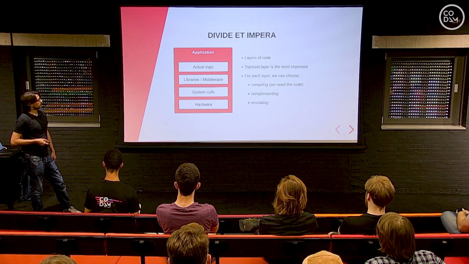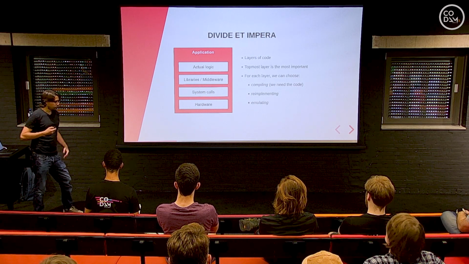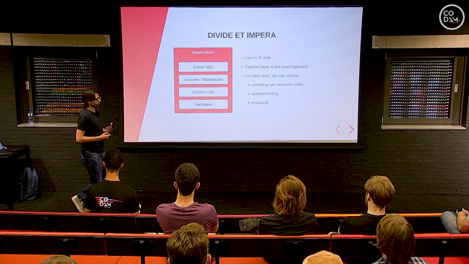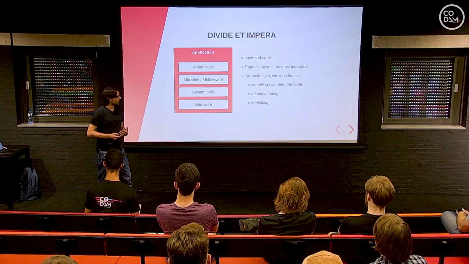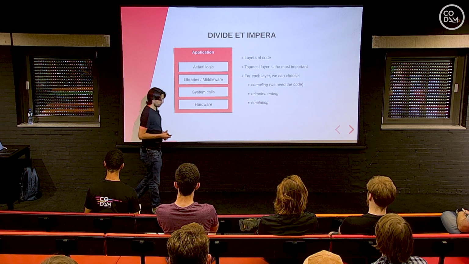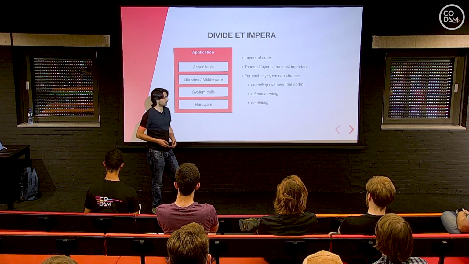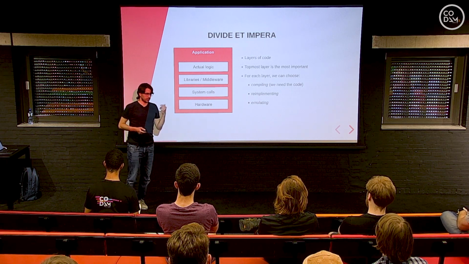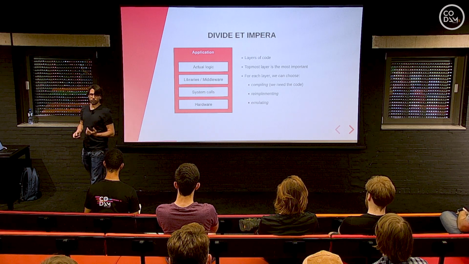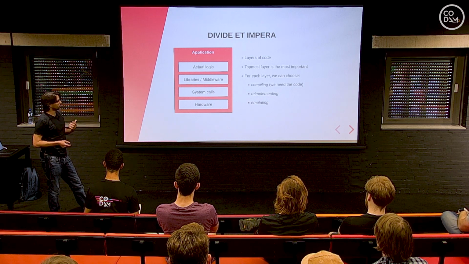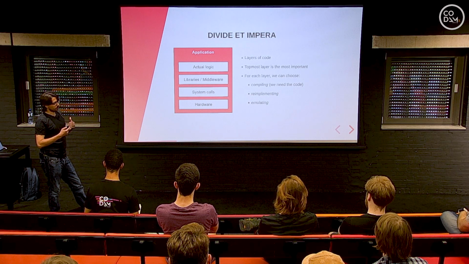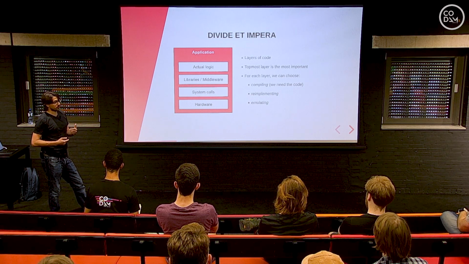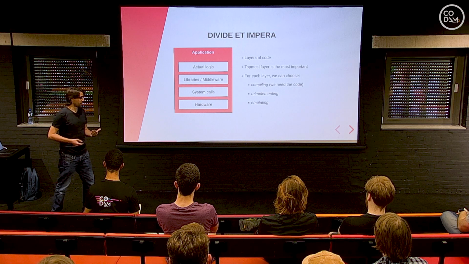And what is interesting is that for each one of these layers, when we do our porting, we are not necessarily forced to use a single approach. We can mix and choose and use different solutions and use the one that works best in every single case. For example, we can decide to compile something. Let's say that we have, for example, the source code of the application, like we do, for example, with Chirp. We can take the code, we compile it to WebAssembly and JavaScript, which is something that can then run natively in the browser for best performance.